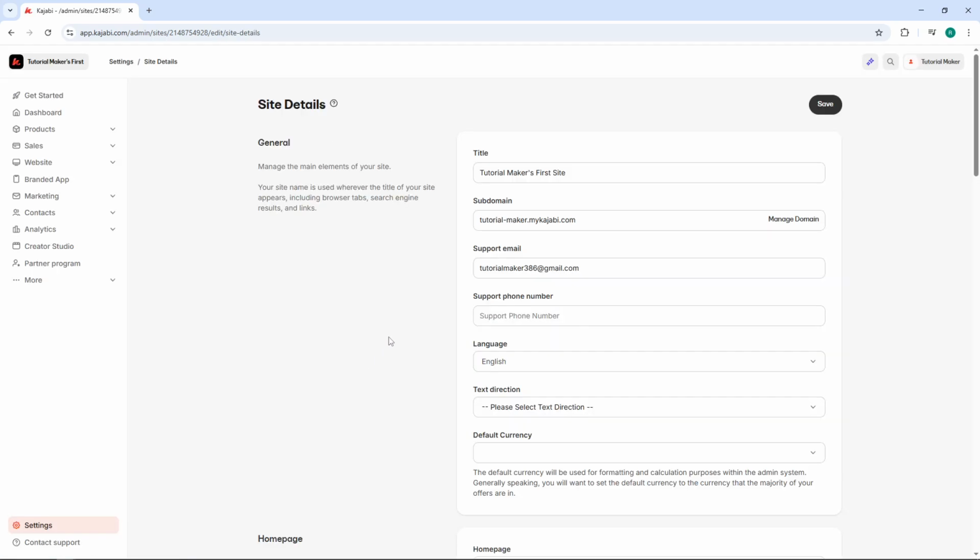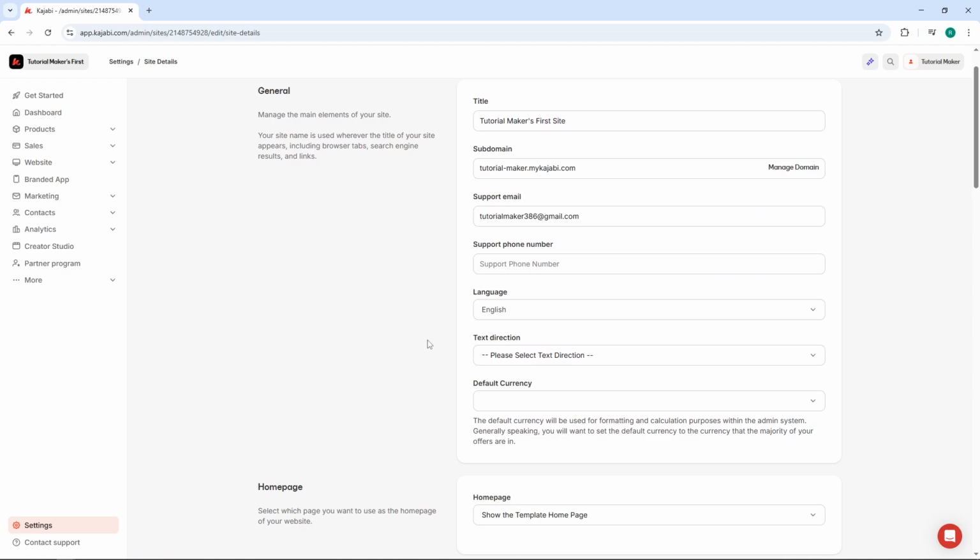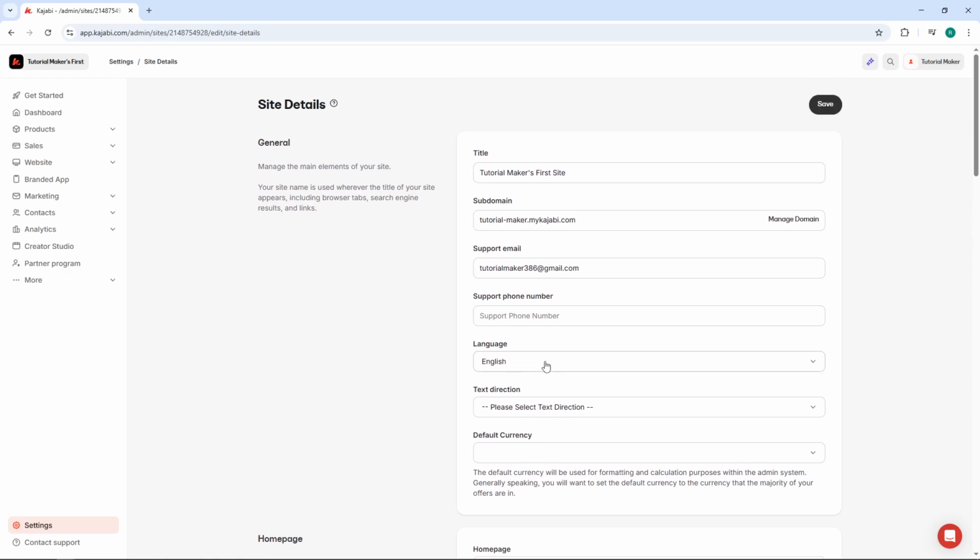Once you're inside Site Details, scroll down through the various options until you locate the section named Language. This is the setting that controls what language your Kajabi interface displays in, affecting everything from navigation menus to system messages. It's particularly useful if you're collaborating with team members who speak different languages or if you're more comfortable navigating